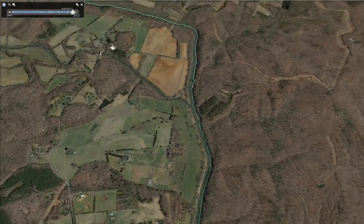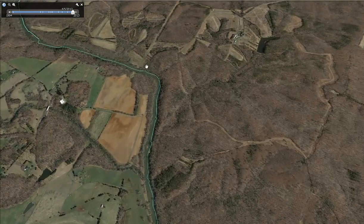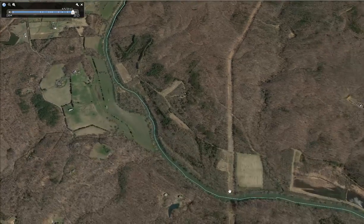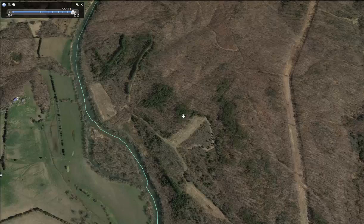As all the hunters come swamping in and putting that pressure on, he's going to come back and cross that river. So that's just going to be mine. If I had 7 days to hunt it, and I came in my first day, I'm going to completely walk that river out. I would walk that entire river from the beginning all the way down to here. I know it's a long ways,